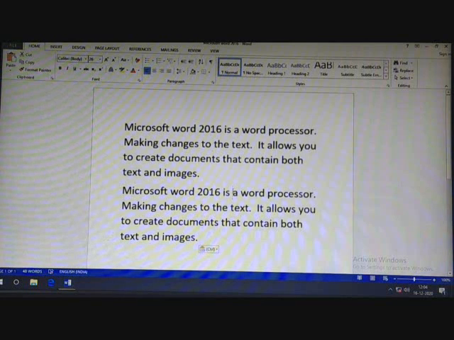Okay. Next is selecting text without your mouse, through the selection bar. Okay. Selection bar अब क्या होता है? Selection bar is the space between the left edge of the page and the left text margin. You can use the mouse to select text through selection bar. When you move the mouse to your selection bar, your mouse pointer changes to a pointing arrow. Can you see? When I take my mouse pointer, it changes to I sign, and when I take it this side, it changes to an arrow. So you can see the difference.